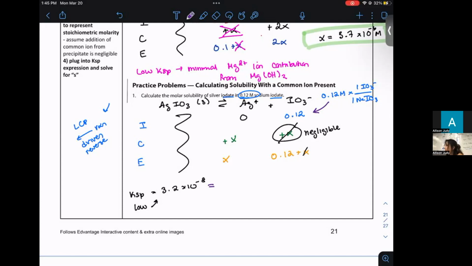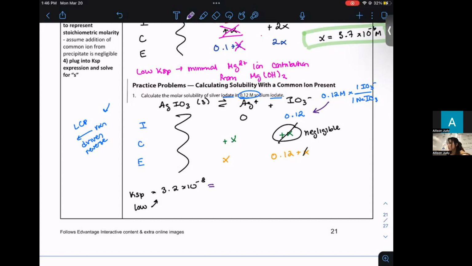It's in the times 10 to the -8. It is so not favorable for this compound to dissociate anyway. And then you add in a whole bunch of one ion, it's basically going to be like, nah. But it will, however, create a relatively significant amount of Ag plus because there is no Ag already in solution. So we do have to account for the fact that there is an additional Ag going from 0 to something,